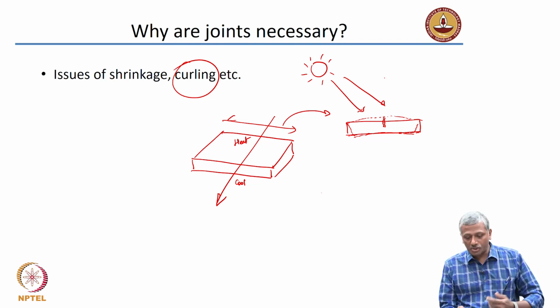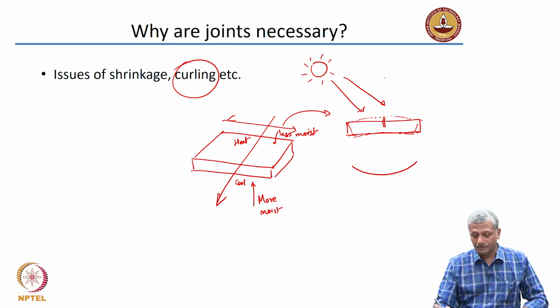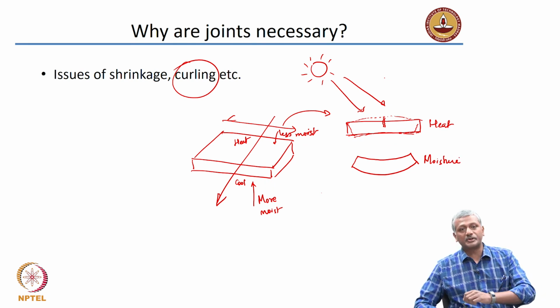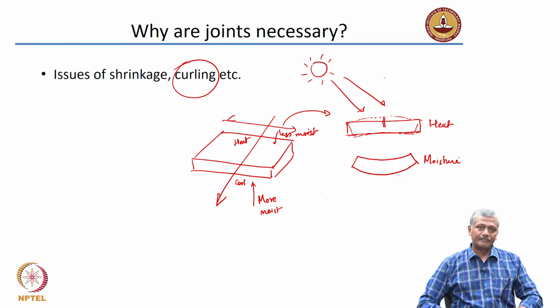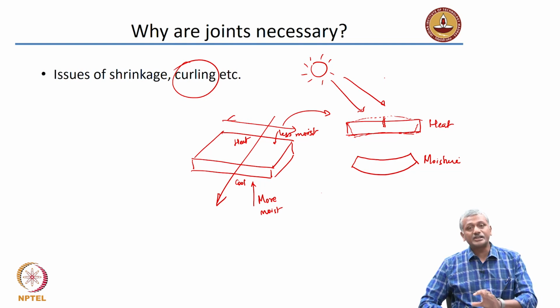So take the case of moisture, obviously there will be more moisture at the bottom and less moisture on the top. So in that case you may get an opposite effect. You may get the bottom that wants to bend or expand and the top that is contracting. So this is the heat effect and this is the moisture effect. Note that these are opposite to each other because of the availability of the moisture. Okay? So these are aspects that you need to design your concrete against, and that is why when we talk